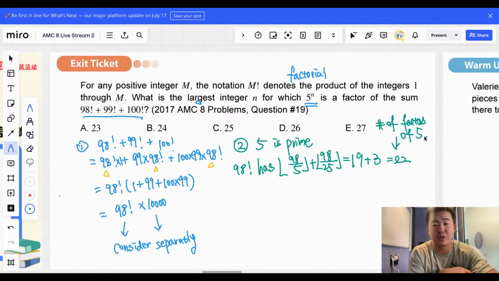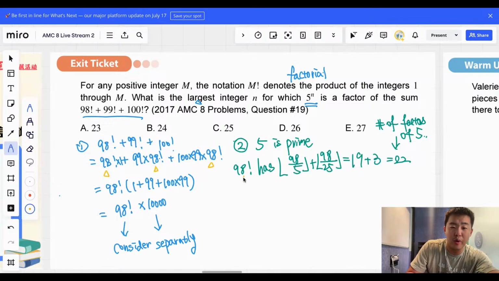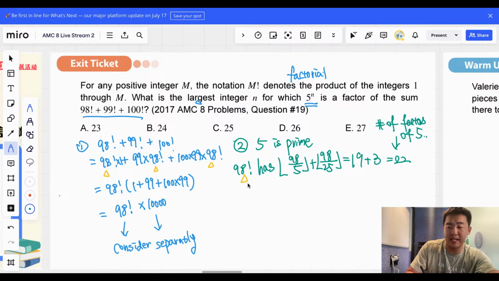So are we done? Are we going to select 22? There's no 22 actually. So we are not done. Why? As I said, we are considering case by case. We now only consider the case about 98 factorial. We are left with 10,000 to be considered. So that starts our second case. Okay, I will put it as our third step actually. So, sorry, for the third step,